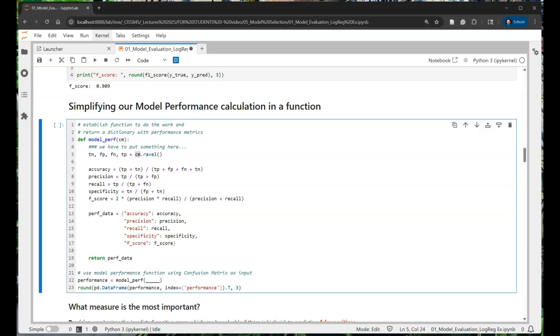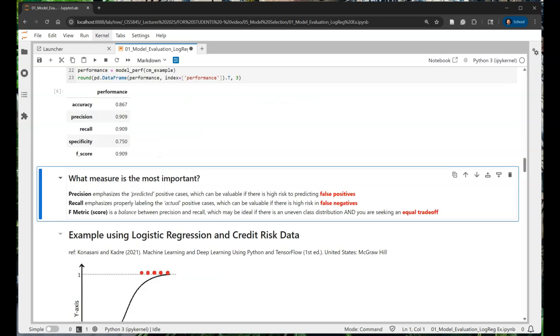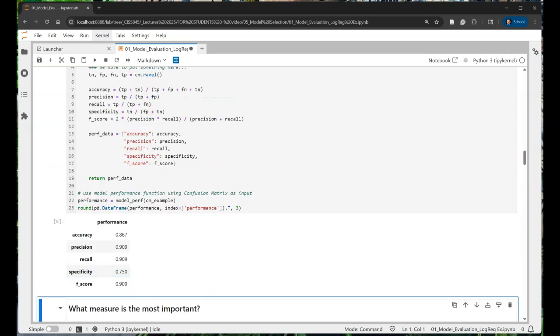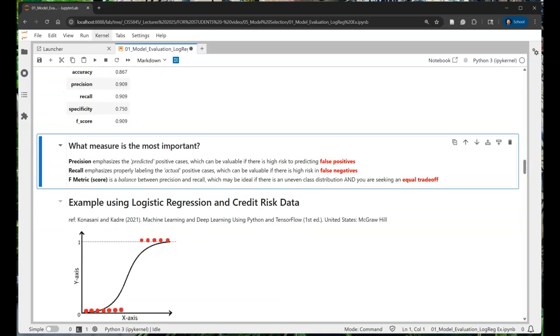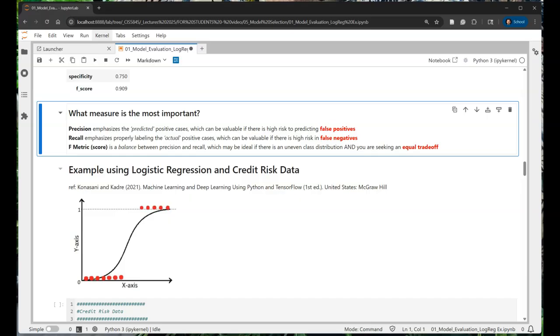evaluations. So once again, just to test this out, if we put our CM example in, we can see that we get basically those same results. All right, let's think about why each of these is important. Well, in general, we're going to look at precision